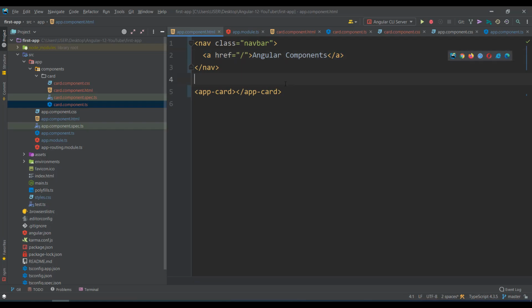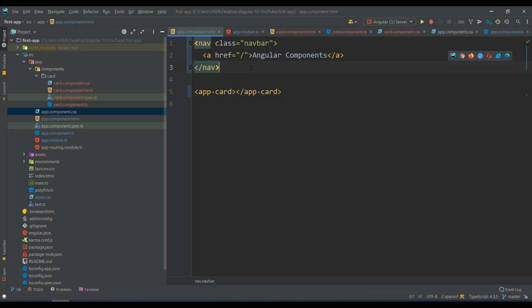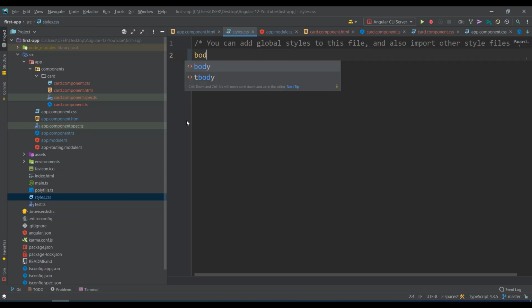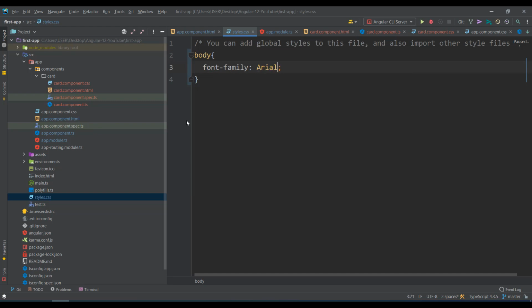So generally, how do you add styles for this? This belongs to the app component, right? So you may write the styles in an app component.css file, or else you may write the styles globally somewhere in the style.css. So in style.css, what I do is body tag, font family, some Arial and sans serif, and then